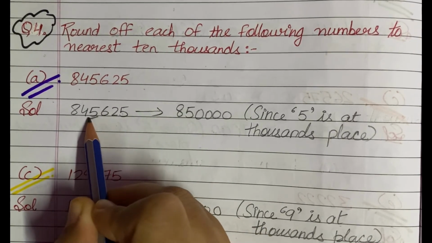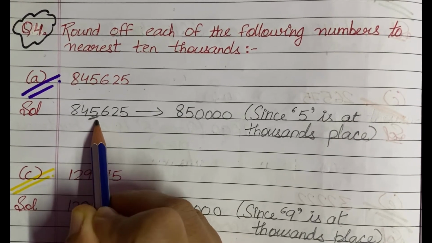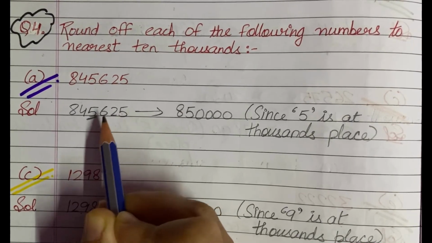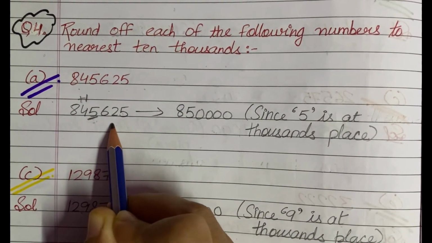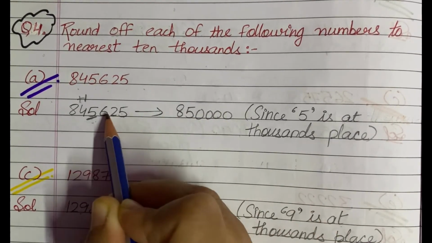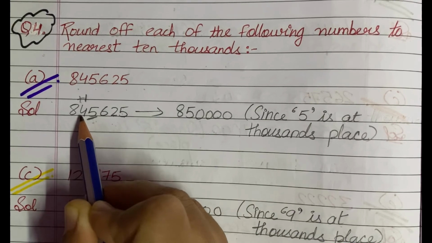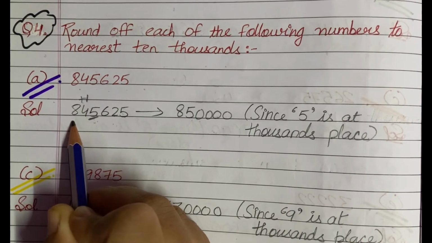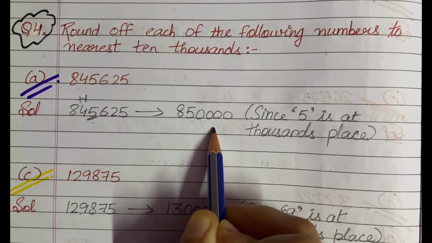see the digit at the thousands place, and here the digit at the thousands place is 5, and you know that when the digit at the thousand place is 5 or more than 5, then we will add 1 to the digit at the 10,000 place, and on doing so, in the answer we will be having 0 at the ones place, 0 at the tens place, 0 at the hundreds place, 0 at the thousand place, and at the 10,000 place 1 plus 4 will become 5, and we will write this 8 as it is. So 8,50,000 is the answer. Hopefully it is clear to you.